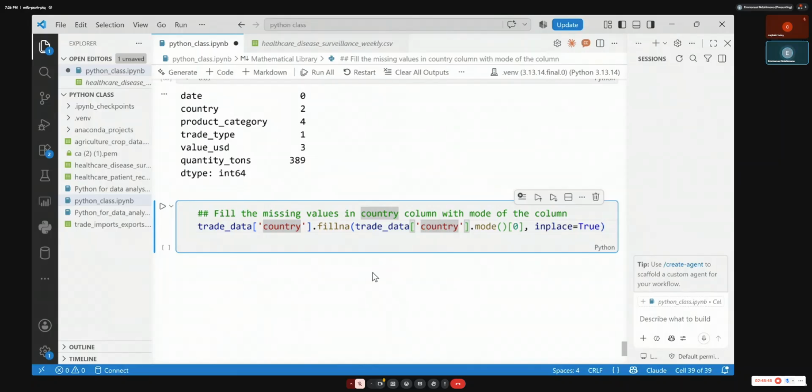So you can also use the other way around. Let's do it in this next step, to fill the product category with the previous value. Write a sentence and say, please fill the missing value in the column called products with the previous value, or the value before the missing one. It will write the code for you. Yes, put the sentence.